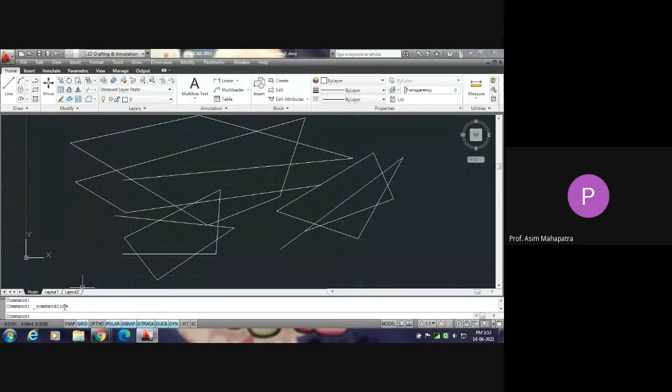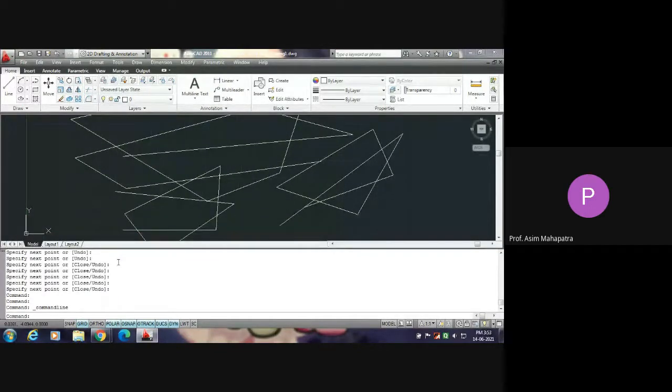This command line will be very helpful to you. Try to keep the command line active, at least for the beginning of your learning process. I have increased the width of the command line so that it is visible. Now, whatever command has been given will be visible in that command area. Suppose I am typing line, and then enter. You see that command is visible now. I have written here line.